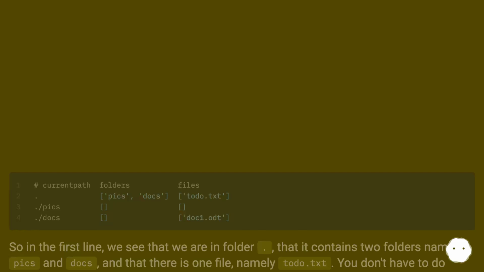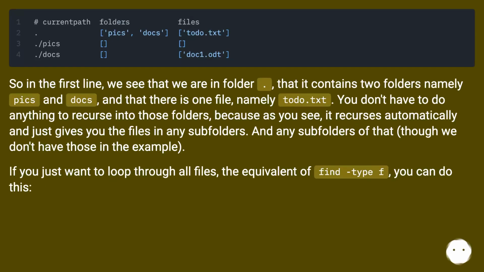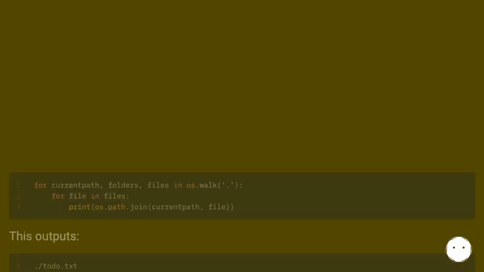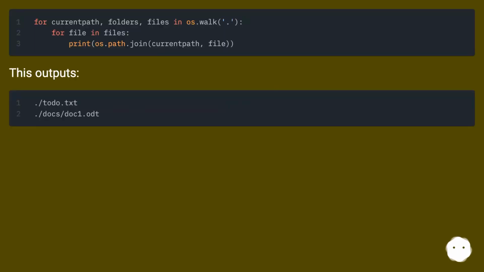This shows us, in the first line, that we are in folder dot, that it contains two folders, namely pics and docs, and that there is one file, namely to-do.txt. You don't have to do anything to recurse into those folders because, as you see, it recurses automatically and just gives you the files in any subfolders, and any subfolders of that, though we don't have those in the example. If you just want to loop through all files, the equivalent of find -type f, you can do this. This outputs